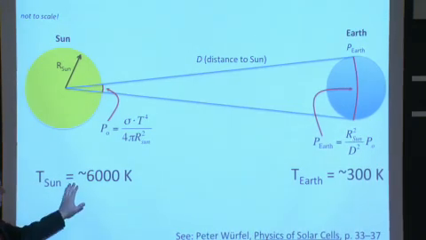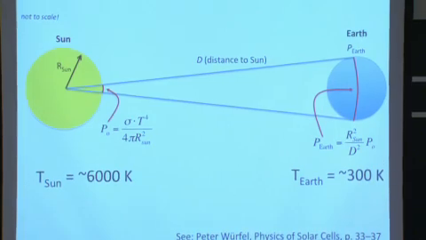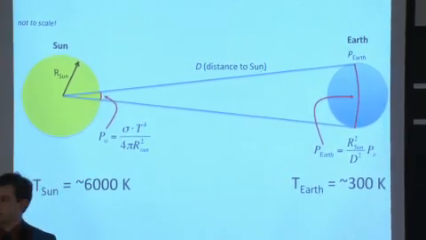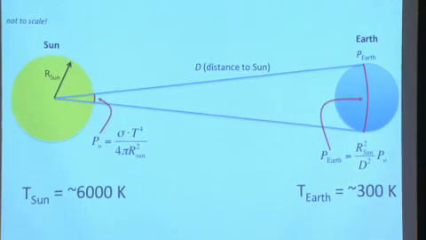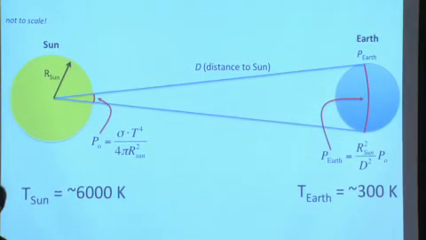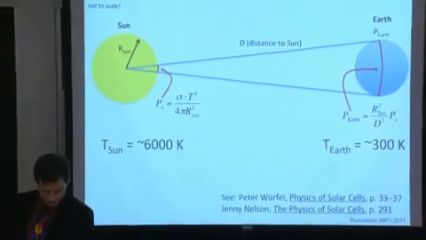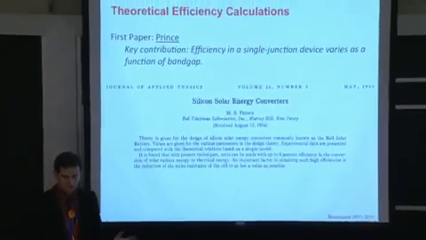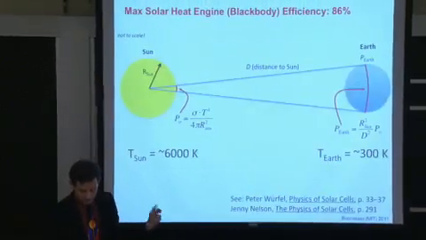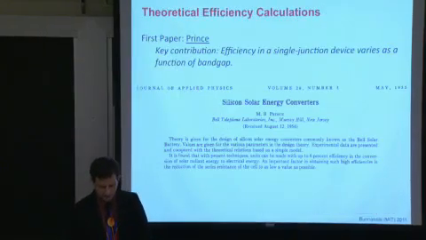And that results in the very first, we'll call it blackbody efficiency or maximum solar heat engine efficiency, which would be around 86%. So that's our first fundamental cutoff. Now that 86% is averaged over all wavelengths. There tends to be a wavelength dependence to this as well. So the next step was to say, OK, well, we know that we can't do better than the theoretical thermodynamic limit of one object looking at another. But